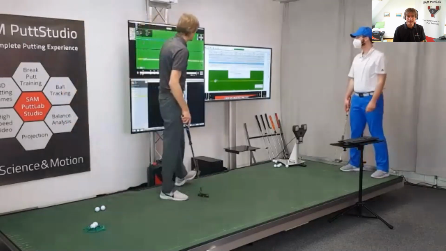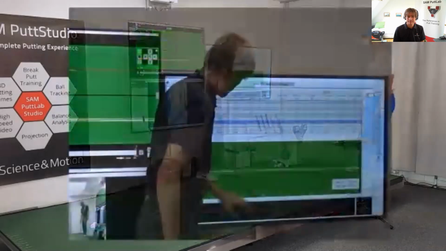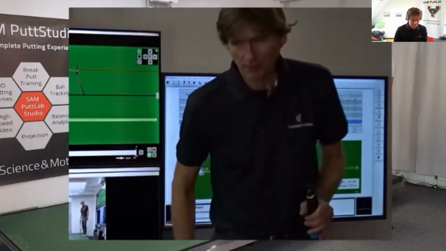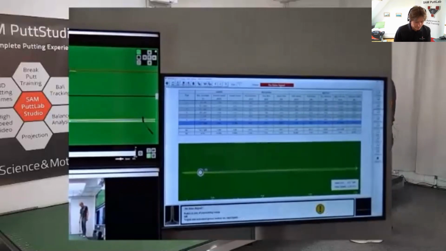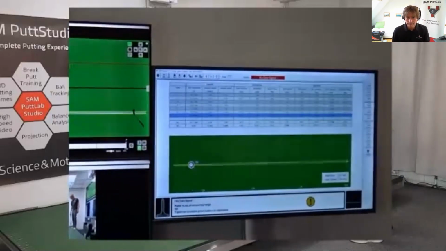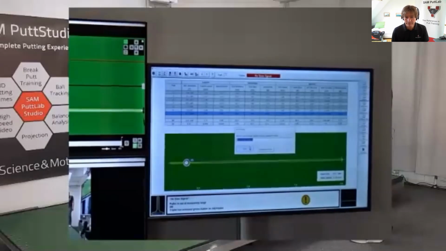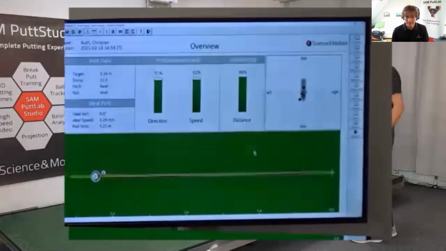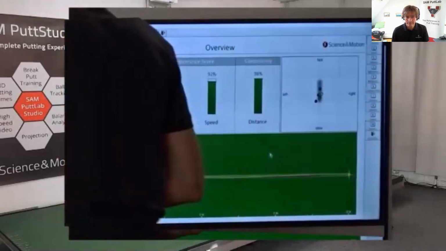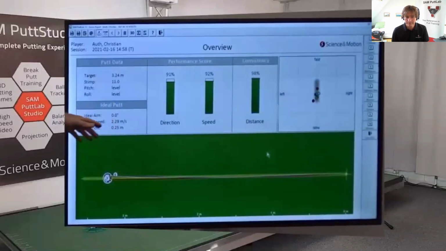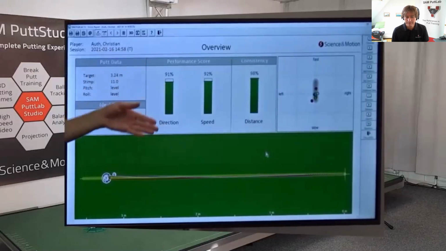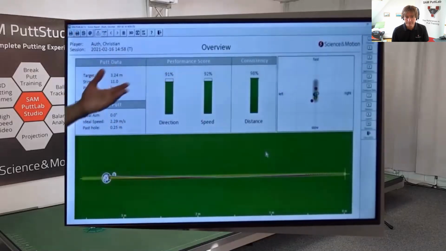Okay, so we can look now at the averages, and we can also look at ball performance data. If we pop up the measurement report, so we store this data and we look at it again in the normal report. Now we get an overall view on his performance for this putt, which is he met direction by 91%, which is a very high number, but he also met the speed by 92%. So these putts were good